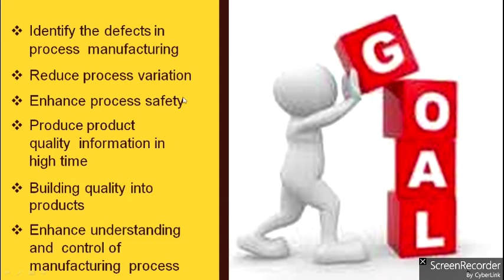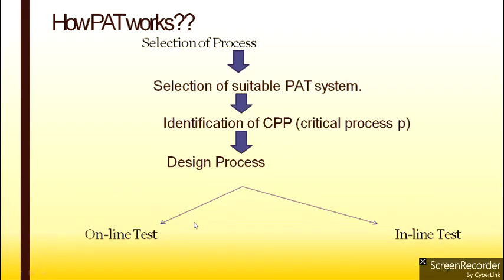In short, to brief upon these goals, it is to maintain the quality. In order to maintain the quality at each process, you are checking what is the variation, what is the manufacturing defect, etc., and you are analyzing, and then you are bringing to a control stage where you control the process within the limits and then proceed for the product. But the ultimate thing is you need a quality product.